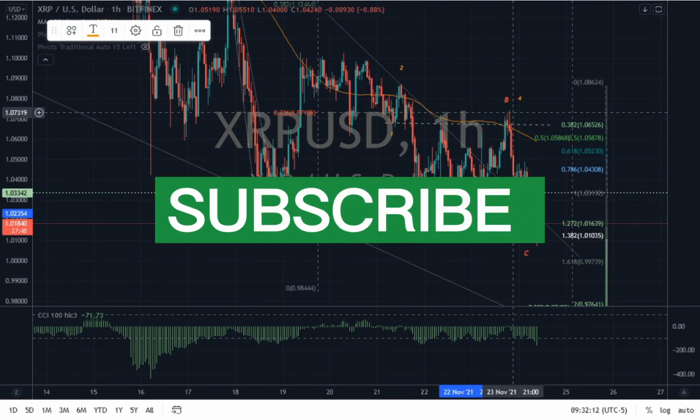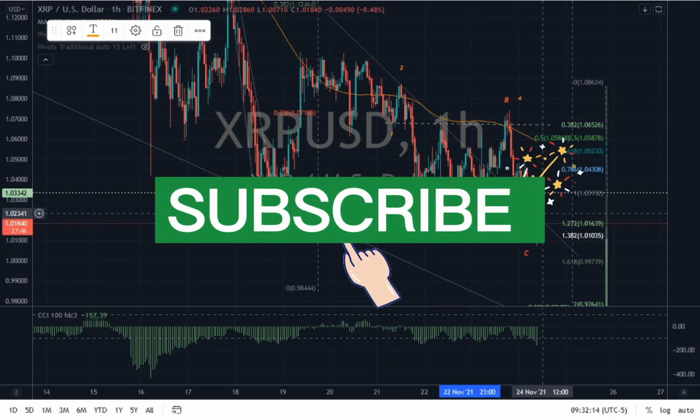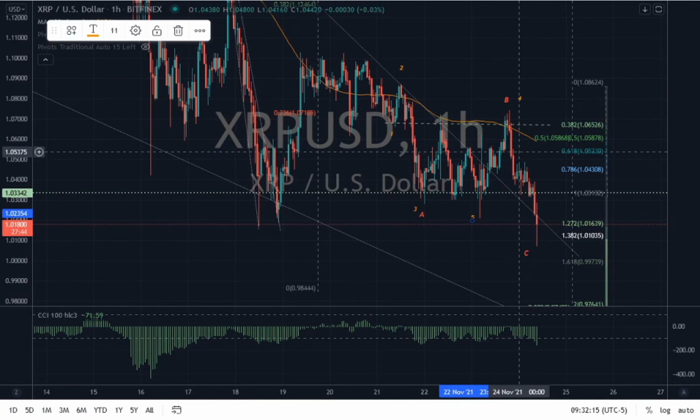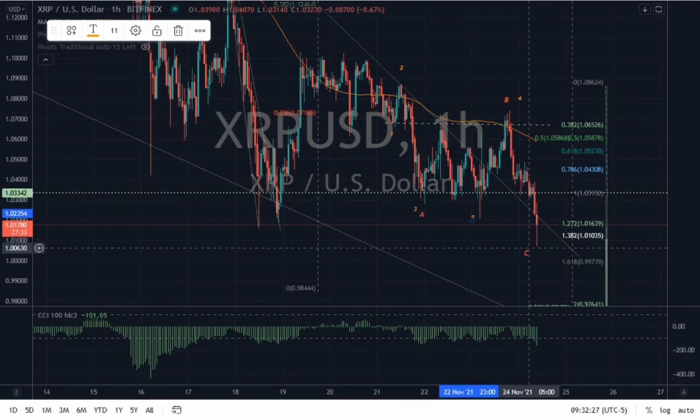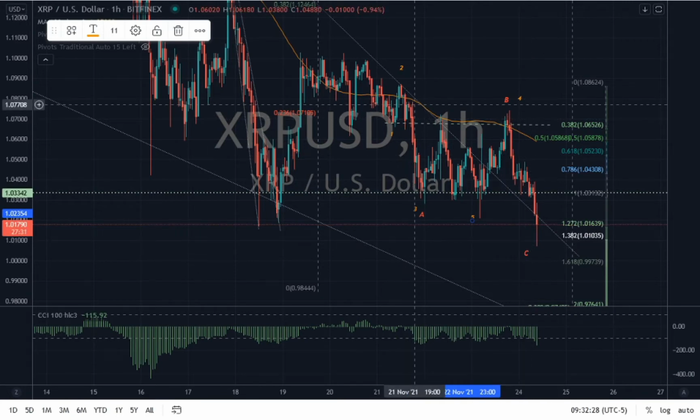Now the market is doing a B. If it is a B, it's going to be doing the C. You could bring that B here, we could bring that C here. Alright, so keep in mind that the market could do both. Both counts are correct. Really, the market will just use the counts to implement the fundamental feed that is driving